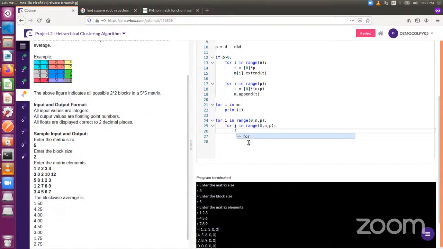So for k in range of p, then for l in range of p. Then I'll take a temporary variable d is equal to 0. This is to calculate the sum of the numbers. So d plus equal to